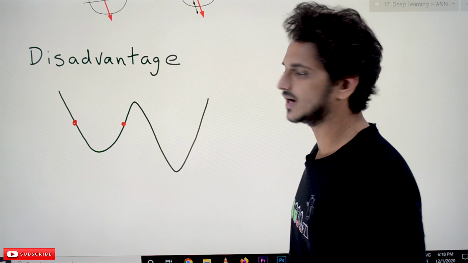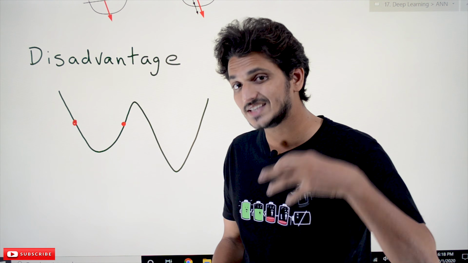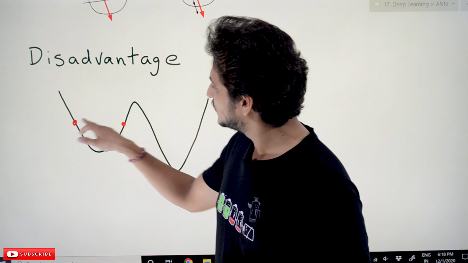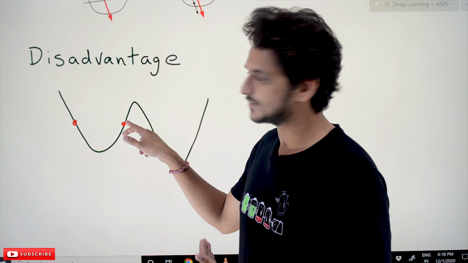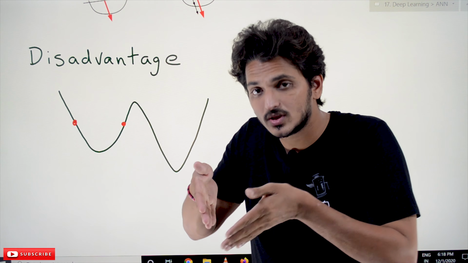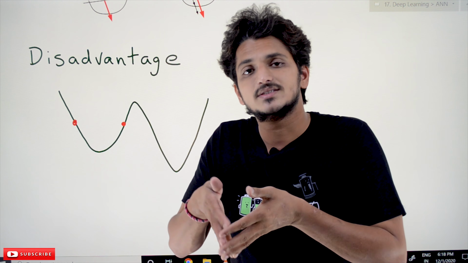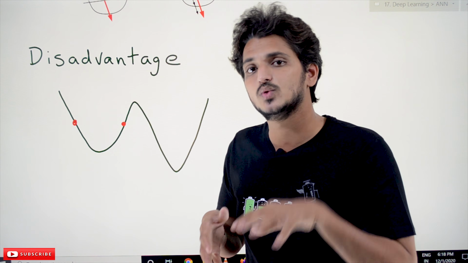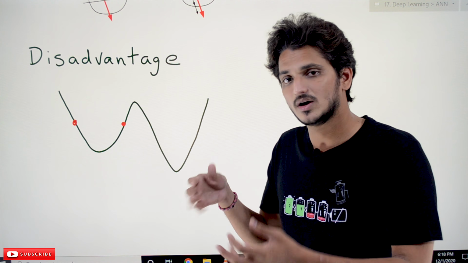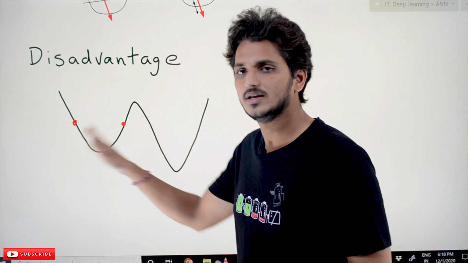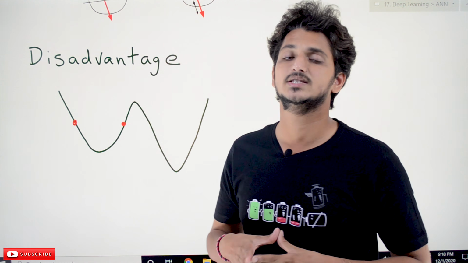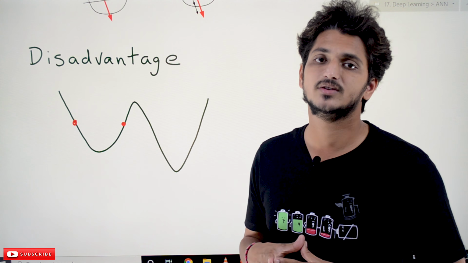And the disadvantages are, let's assume that with this added momentum, we are taking long jumps. Let's check what happens here. If you jump from here to here, in the next step we will jump to this side, this side, this side. It keeps on oscillating here. Going near the minimum point is difficult in some situations. That is the disadvantage we have in stochastic gradient descent with momentum. Because of the added momentum term, it takes long jumps. It keeps on oscillating here and here. Going closer to the minimum point is sometimes difficult. Those are the disadvantages of stochastic gradient descent with the momentum term.